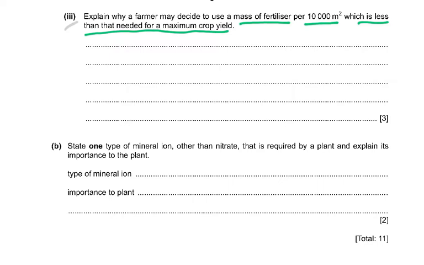And the second thing is, the possible economic return is not beneficial over the increased cost, because if you spend say 10,000 rupees and your crop didn't sell for 10,000 rupees, well, the cost of the fertilizer is a waste. So you have to think of the economic benefit. If you're not going to get that much benefit, then why add so much fertilizer? Fertilizer costs a lot of money.